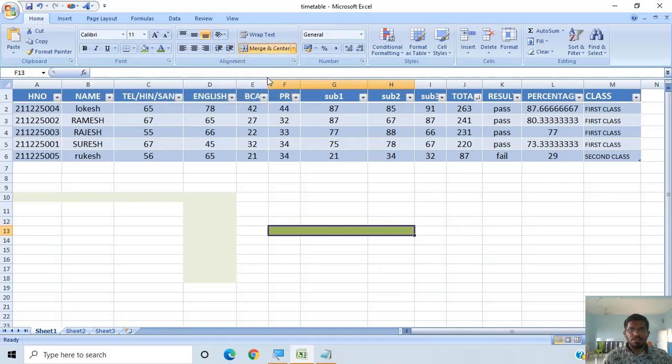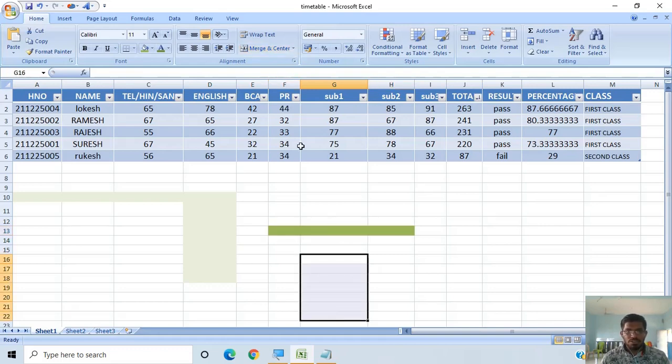Automatically the cells are merged, then they will be considered as the same cell. Up to now we selected them as different cells, right, up to the previous step, but now they have been selected as one cell. That means the cells have been merged. It is useful in some different creation of tables, and this is the row. And if you want to merge the columns also, you can select the merge.